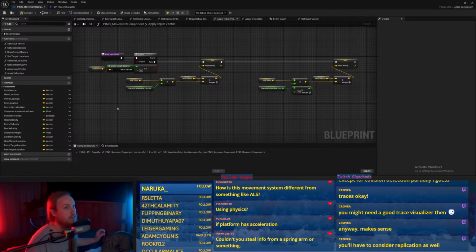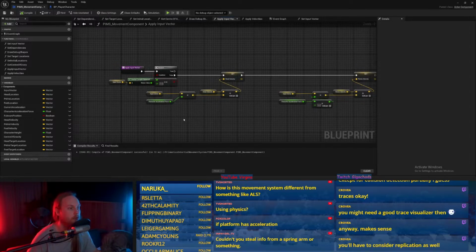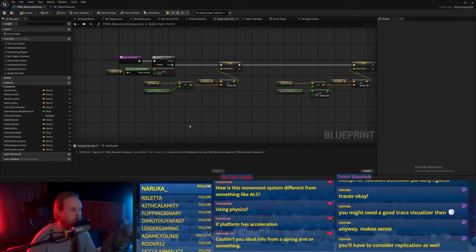And then obviously the states would need to be replicated, like switching from walking to swimming state and whatnot.